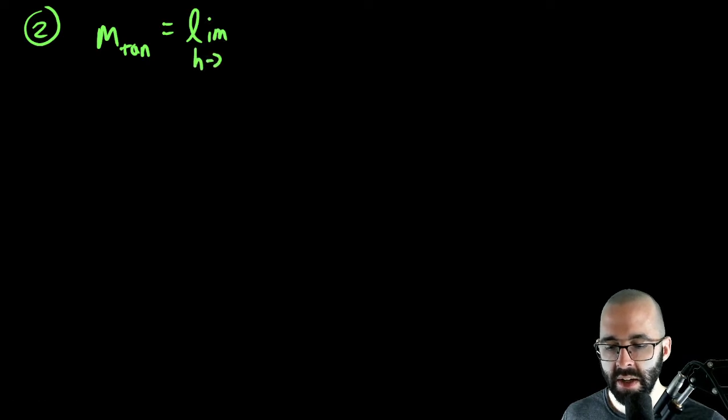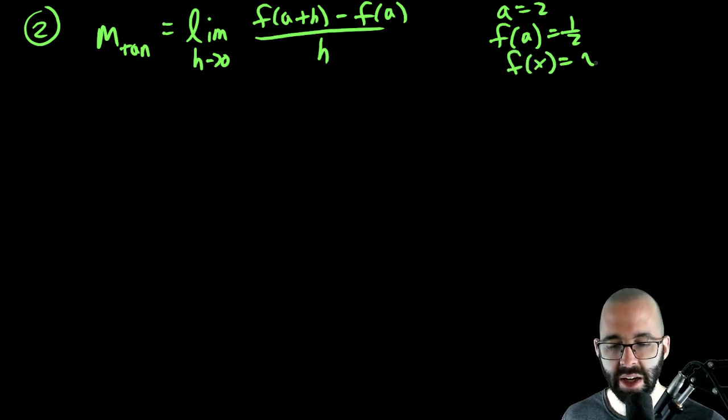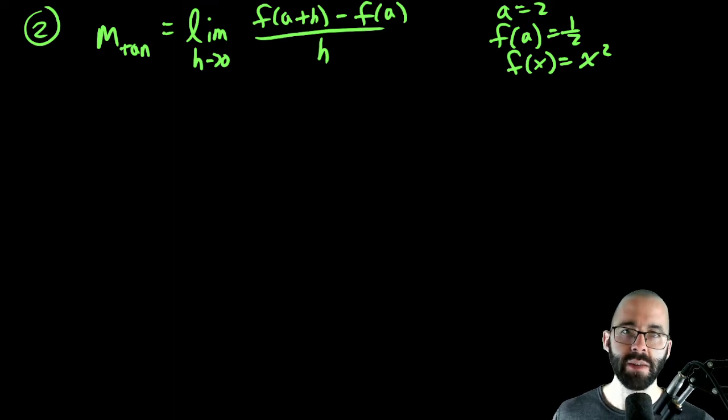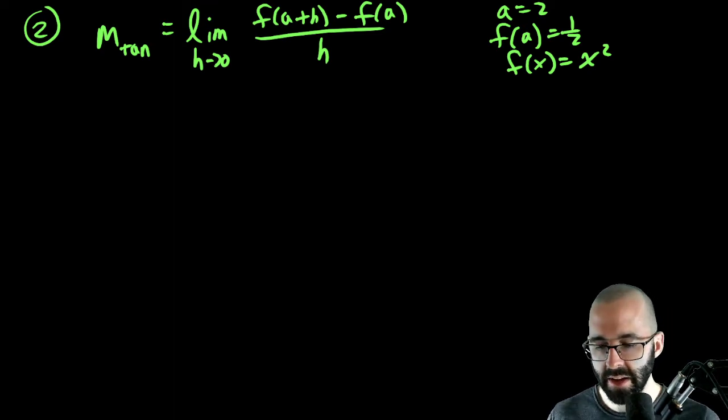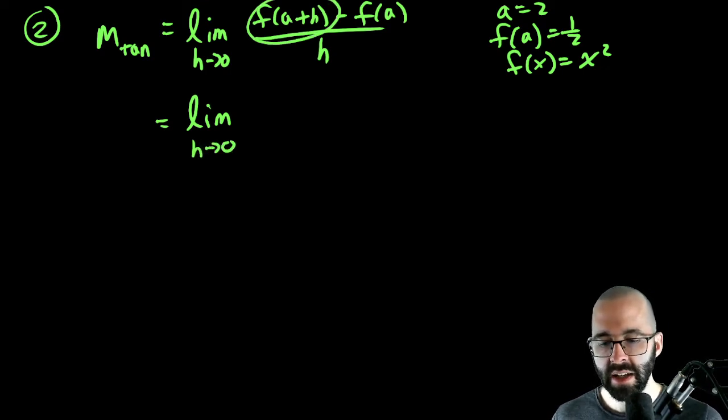So limit as h goes to 0 of f of a plus h minus f of a all over h. And again, we said a was 2. We said f of a was 1/2. These are all the things that we already had. I'm just writing them down here so we can put them all together. There's the limit as h goes to 0. We need to plug in a. A is 2,